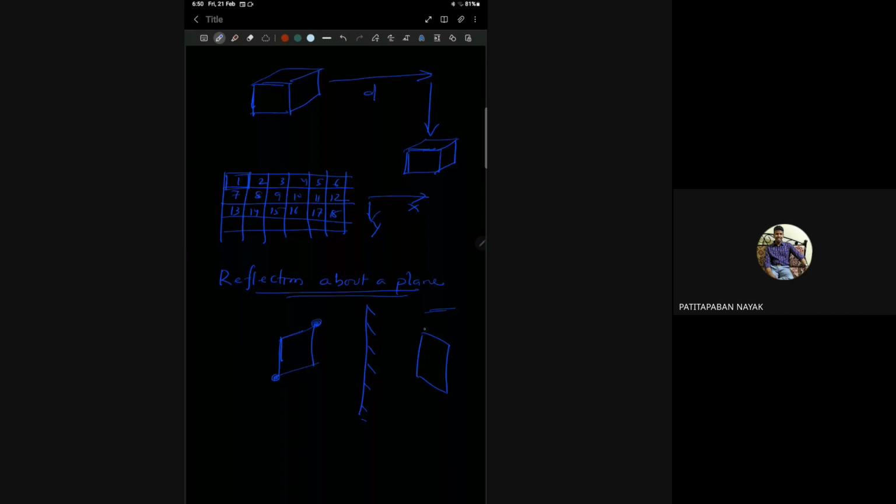So these objects are not the same, right? Are they the same? No. Here I am seeing this dome on the right corner. Here I'm seeing it on the left corner. Okay. So it is changing the object. So if I take a mirror image and still I get the same thing, then I will call it symmetric